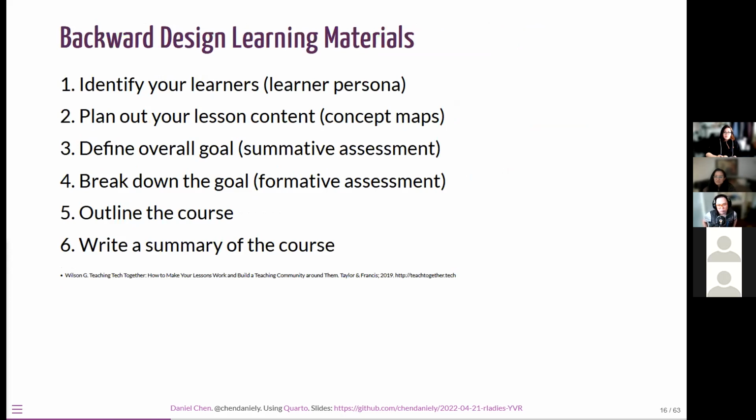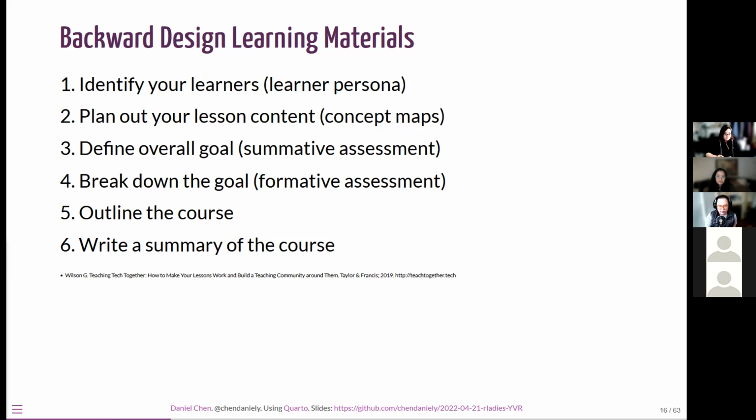So how do we go about thinking about creating a set of learning materials? And this doesn't even have to be domain specific, just I want to create something for people. There is this one workflow that you can use, and it's called backward design. And it has these 6 steps where you identify your learners, and then once you have your learners identified, you